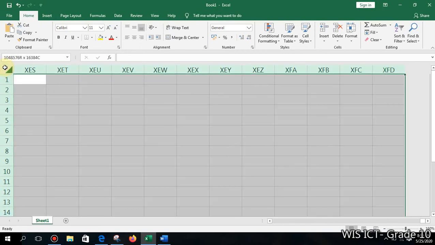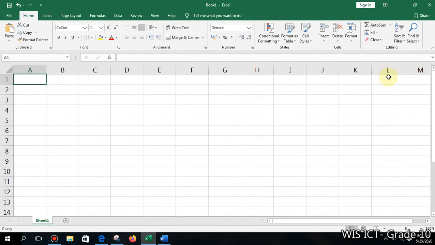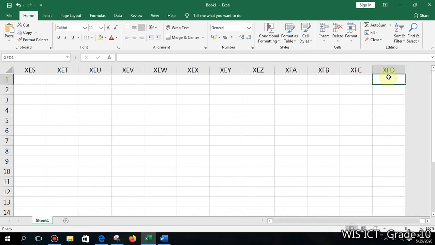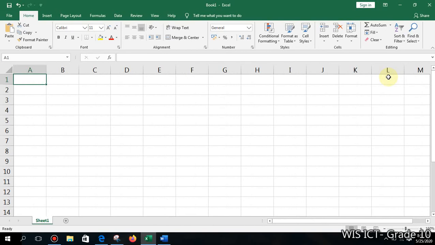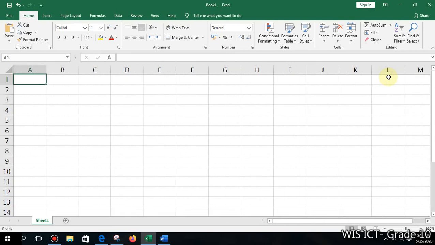Now you can see in this name box, this is what we call the name box, it's showing you the number of rows and number of columns. It is mentioning R and C. R means rows and C means columns, which are available on a single worksheet. Now how can you go to the first cell? You can press Ctrl and left arrow key, and Ctrl and right arrow key to move to the last column. And I mentioned earlier how you can take the cursor to the last row, and if you come to the last row, you can go to the first row by pressing Ctrl and up arrow key.